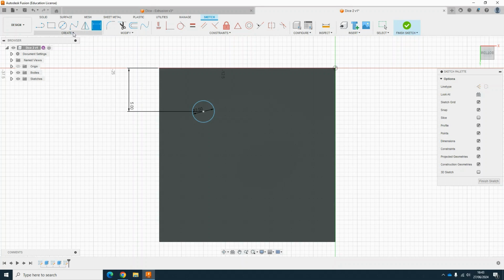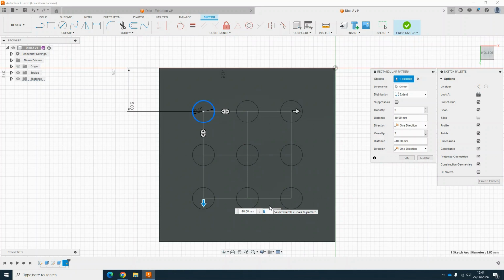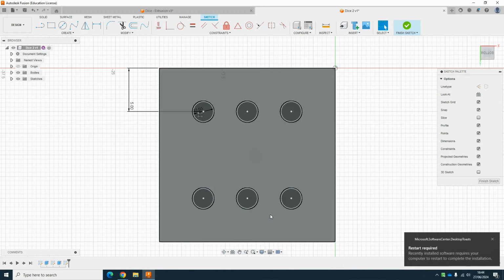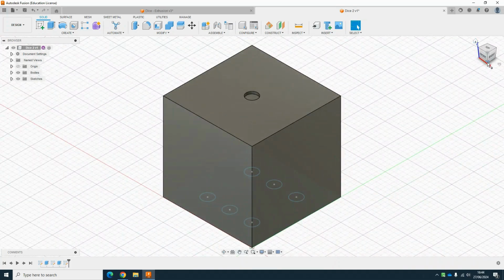So instead of manually adding the dots, we're going to go create rectangular pattern, objects, select the circle, drag the handle this way to that point there, which is 5mm from the outside. Drag this one down to there, so that's 10mm from the top, 10mm that way. But we've got 9 dots at the minute, and we want 6. So I'm going to change this quantity to 2. There's my 6. Finish sketch, home view, flip it over,